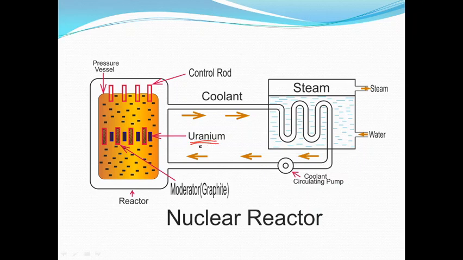Sometimes uranium is used as the fuel, and the uranium is placed as rods within the core of this reactor. And this uranium will be undergoing nuclear fission, as you see here. And to maintain this fission in a controlled manner, we have other systems. For example, we have moderator, then we have the control rods. To take away the heat, we have the coolants, and for reflection purposes of the neutrons, we have a reflector here,